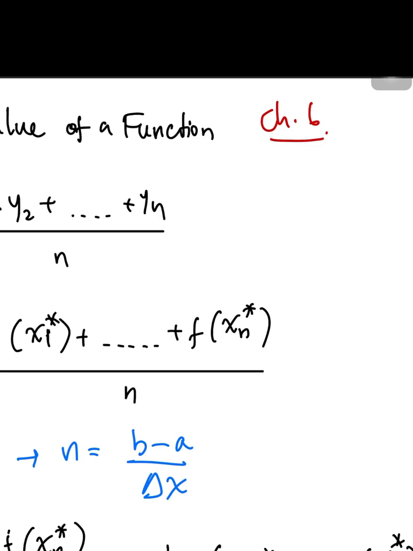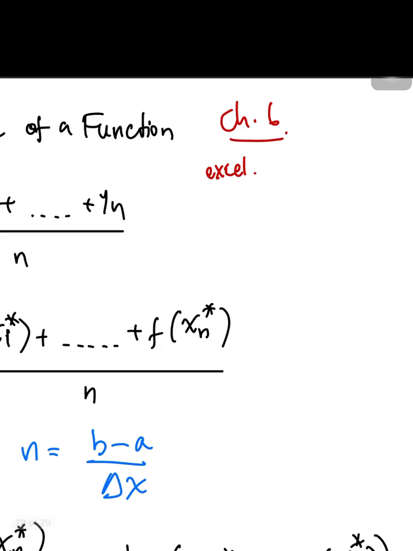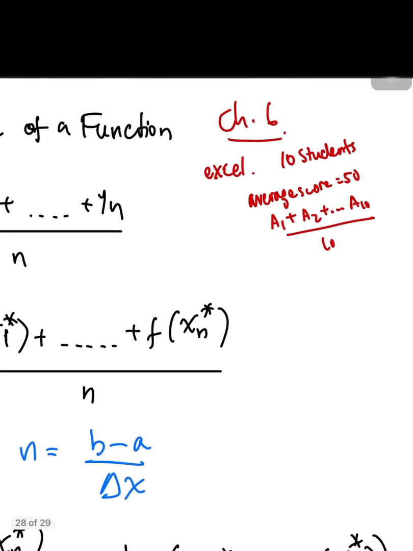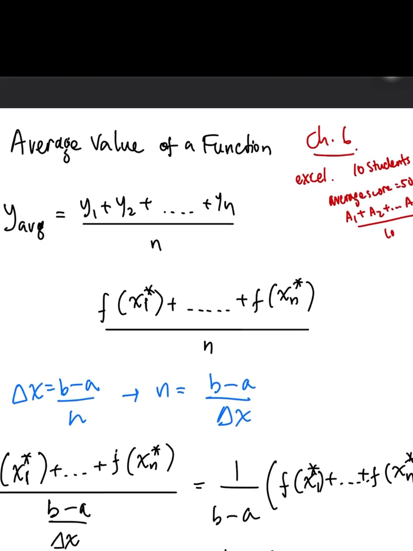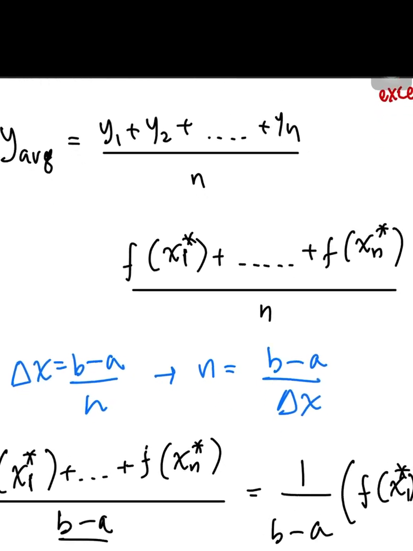Okay. So if you're looking at a database, for example in Microsoft Excel, you know that if you have 10 students, and maybe the average score is 50, then the 50 is the first student's score plus the second student's until the 10th student, divided by 10, and you'll get the result of 50. So if we are dealing with functions and we want to measure the average value, we get the average value if we are